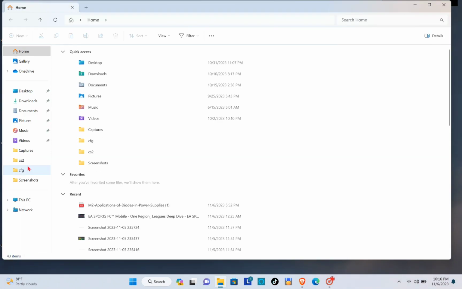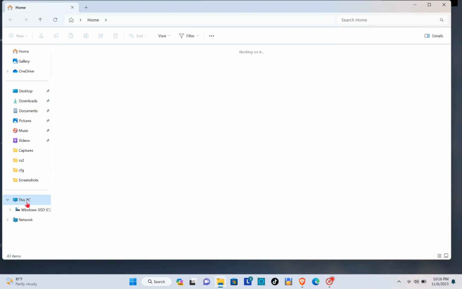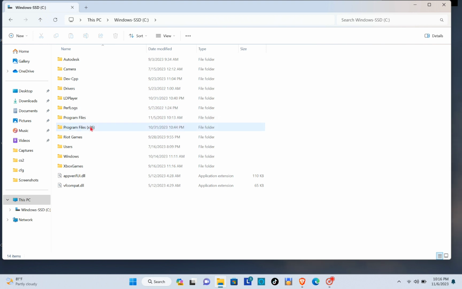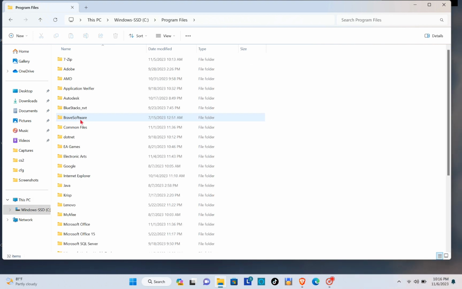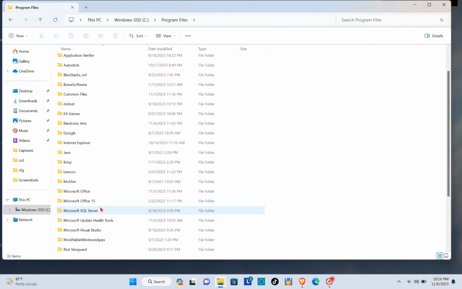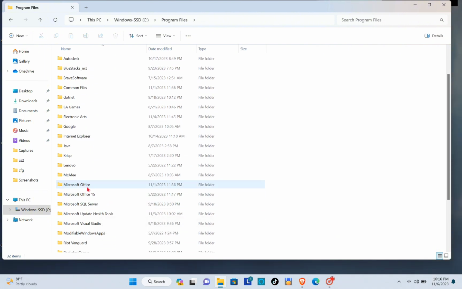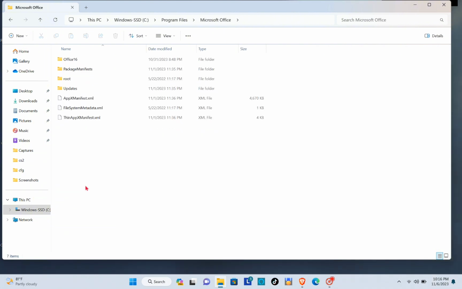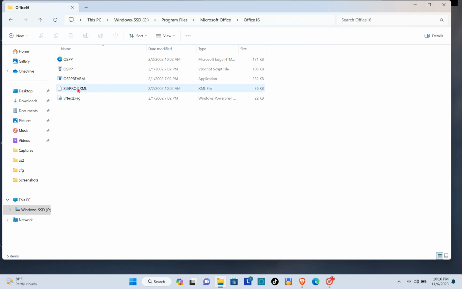Okay, and then go to This PC and click on your Windows SSD, and then go to the Program Files, this one. Okay, now scroll down until you see Microsoft Office and click on it. Now click on the Office 16 and then click on the